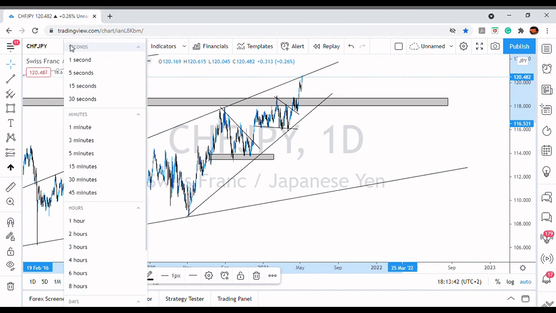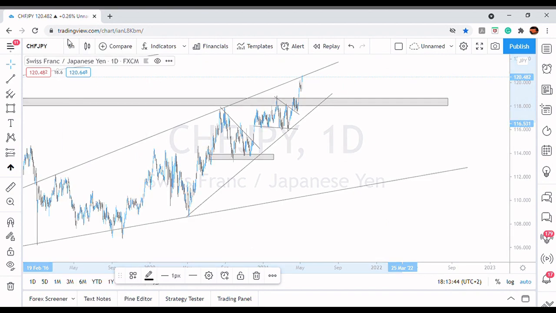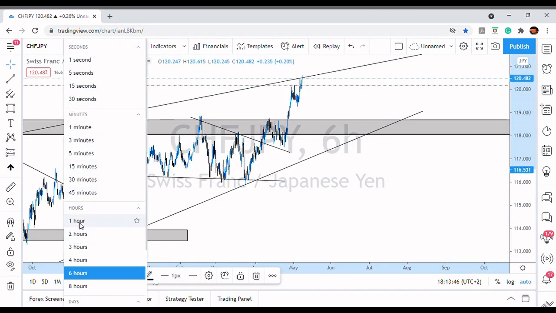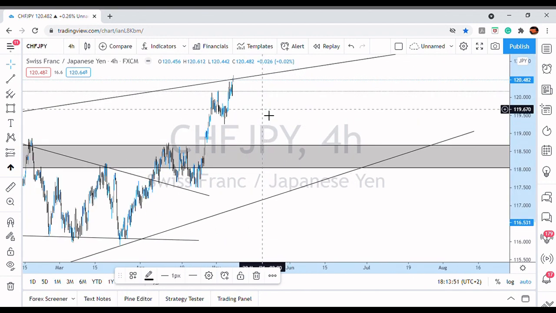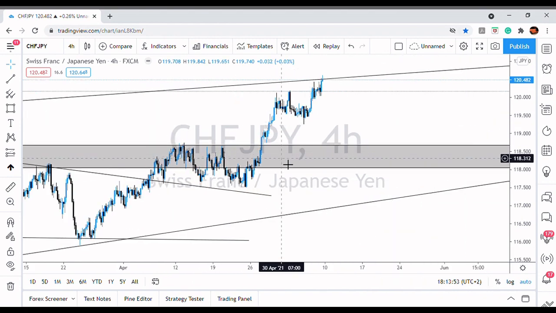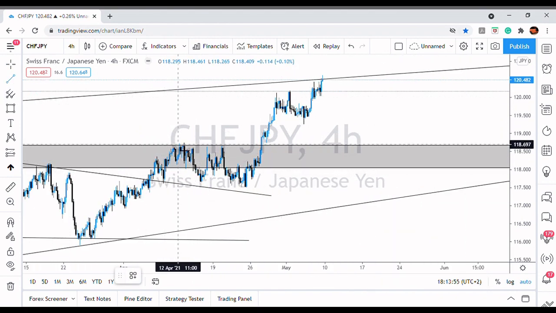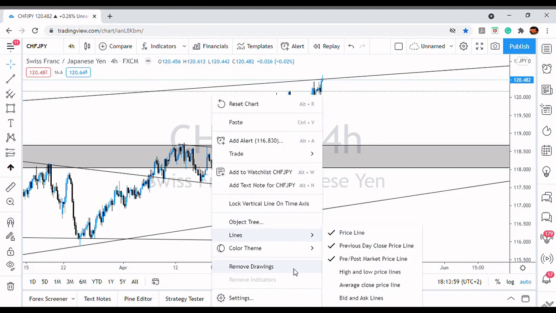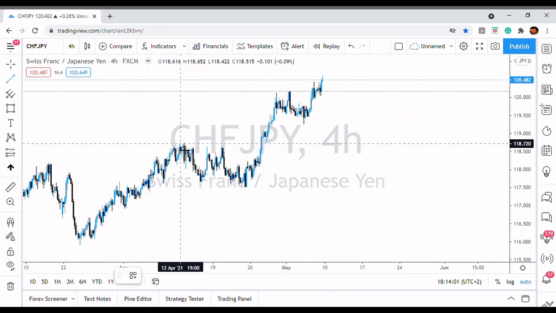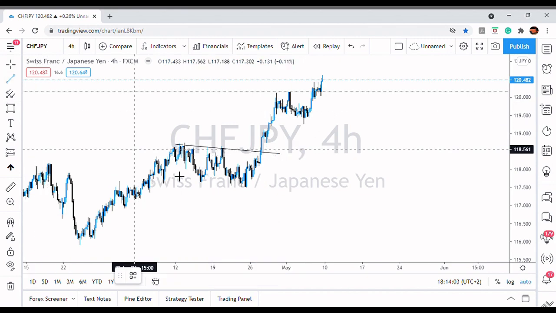Let me go to the 4-hour time frame. Let's do 4, what we used to. And I'm going to try to share an analysis for this 1-hour analysis. So we had this, as you can see, this was just something. I can even remove the drawing, it's fine. So we had this,